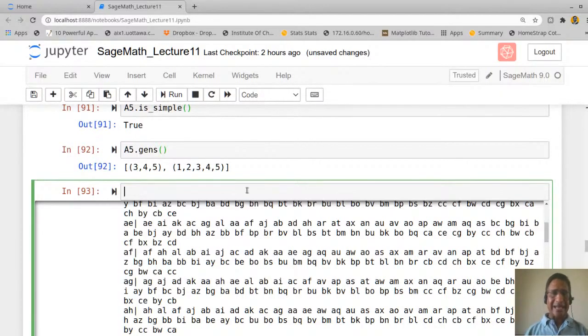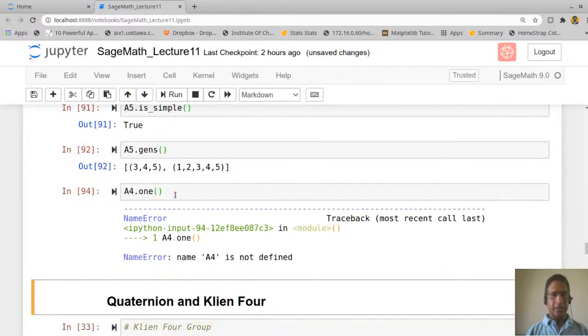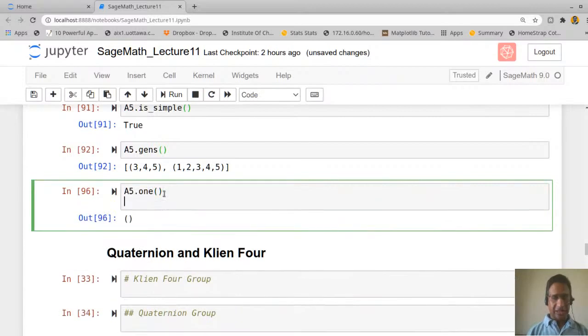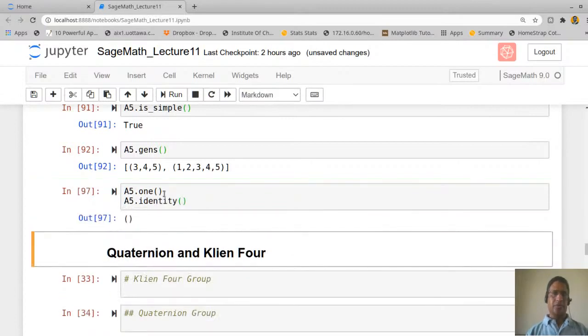If I want to find the identity element, you saw that the identity element is given by an empty round bracket, but you can also write A5 dot 1, or you could say A5 dot identity. Both are the same.